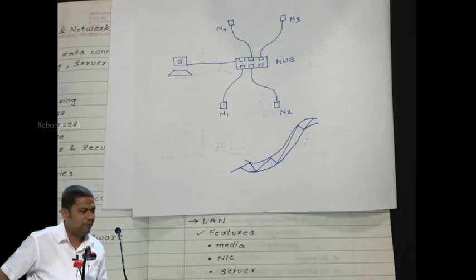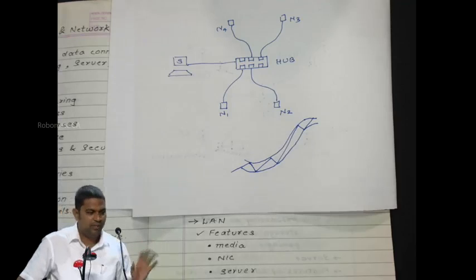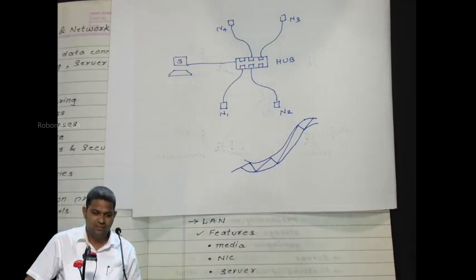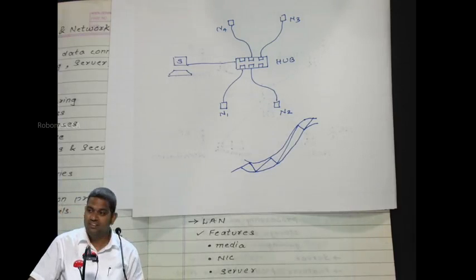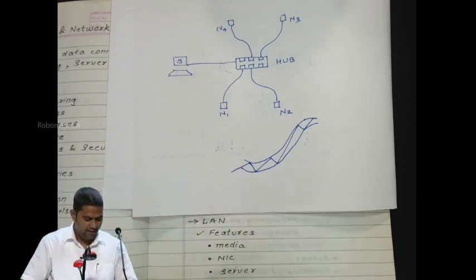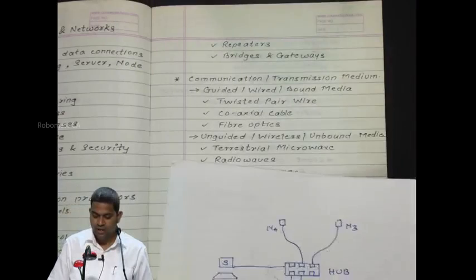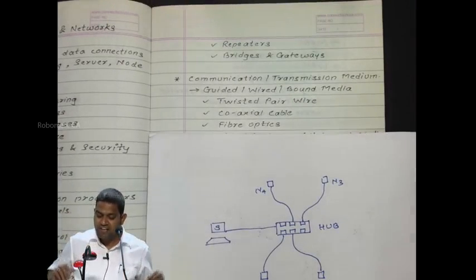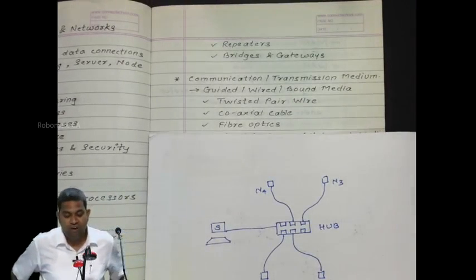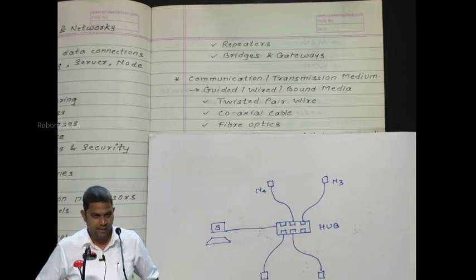Now this particular optic fiber has been thrown away by the telecommunication department because it is not working properly. So think, if it is a very new optic fiber, just think about its performance. That is nothing but optic fiber. So these are the three different types of guided or wired communication medium.